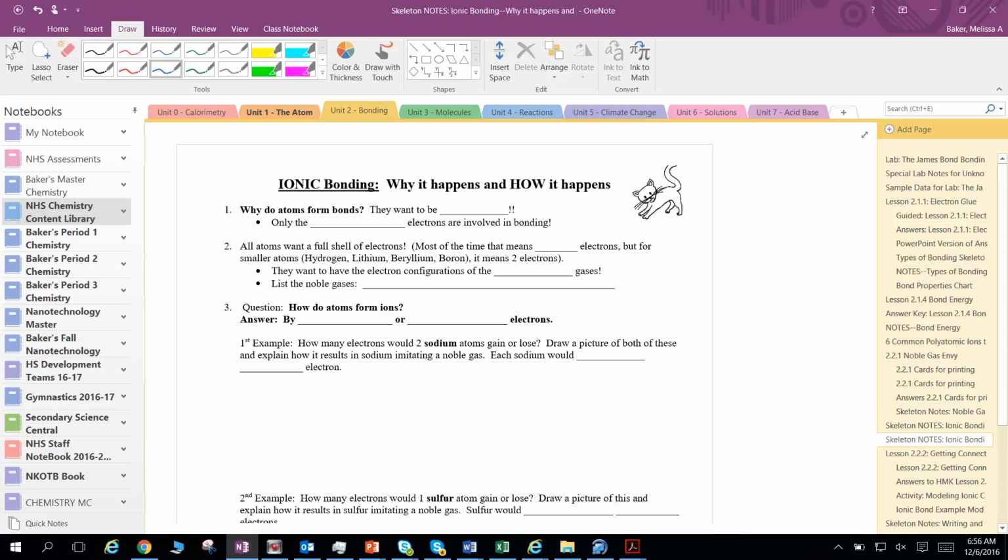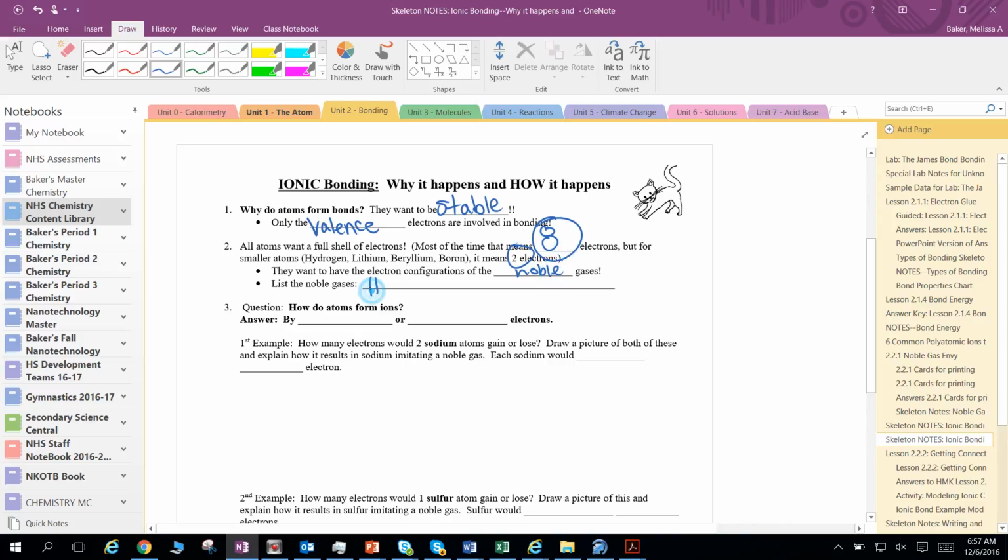Let's talk about why ionic bonds form and exactly how they form. So first of all, they want to form because they want to be stable. And we're really talking about what the outermost shell electrons are doing. All atoms want to have the great 8, unless it's a smaller atom, and then they're happy with just having 2. And by the great 8, I mean 8 electrons in their outermost shell, because that is what the noble